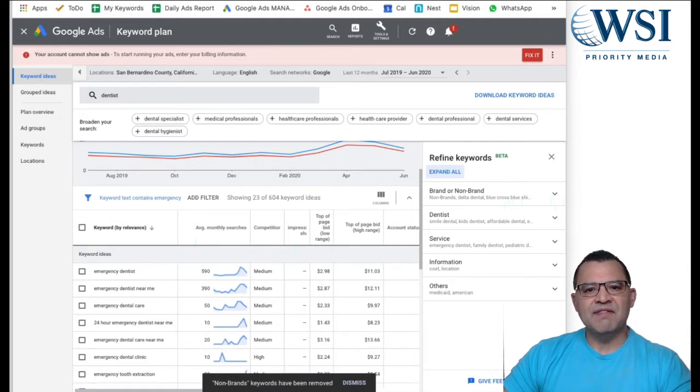The new Google Refined Keywords feature in Google Ads automatically groups your keyword suggestions together, so it makes it a lot easier for you to narrow down the ad groups. The groupings that you'll see are based on the keywords that you've entered into the planner. So say, for example, if you're searching for a dentist, then you'll see groups for dentist brands, types, services, and all the information that's together. If you're searching for a different keyword, you'll see other automatic groupings. So let's head over to Google Ads and check out the new Refined Keywords feature.